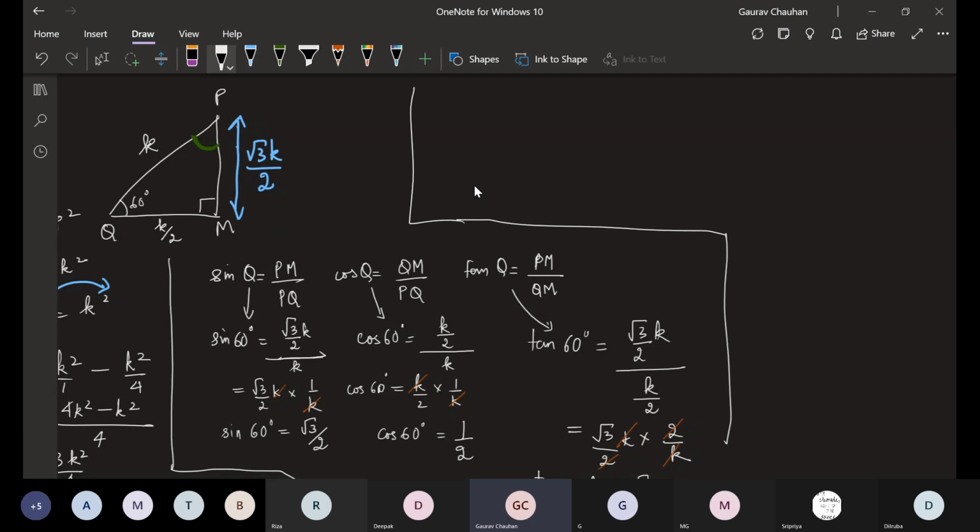And I want a new person to tell me what will be sine P, what will be cos P, and what will be tan P. Which side by which side? Question is open. First person to raise their hands. Actually, someone new. Nishay, you have given good quality answers today. Riza, you have also answered today. I want to hear if Shripriya, would you be able to tell me this? Shripriya, what is sine P, what is cos P, what is tan P? I'll wait for 30 seconds and then move ahead.